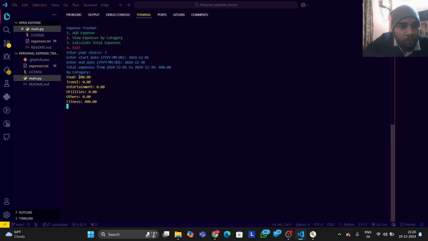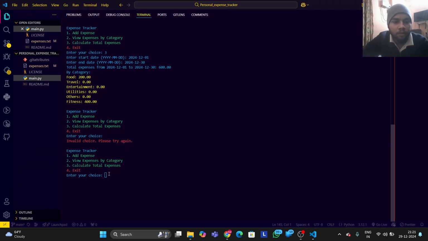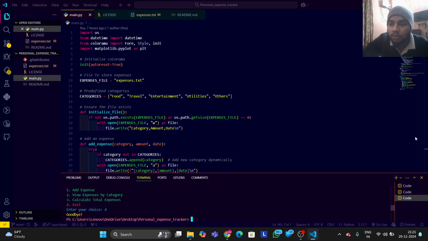Okay. Now this by category, it prints by category expenses also. Now let's close this pie chart. Okay. Now let's go on for exiting the program. Goodbye. Now, as I have shown, all functions of the given project and requirements are completed in this project,